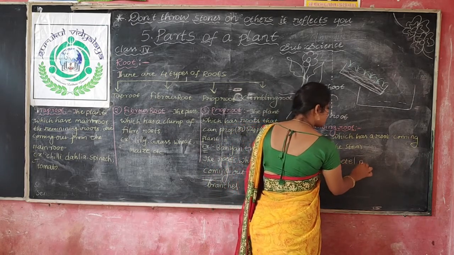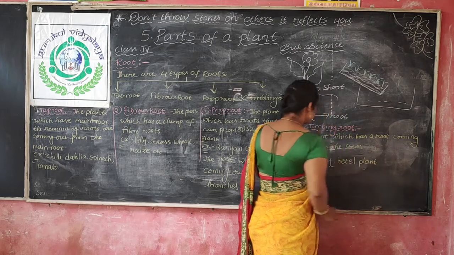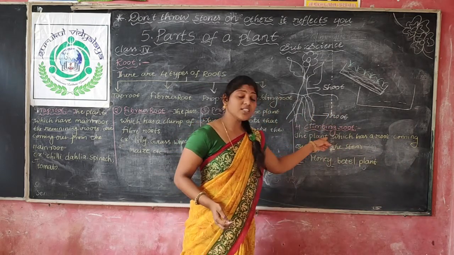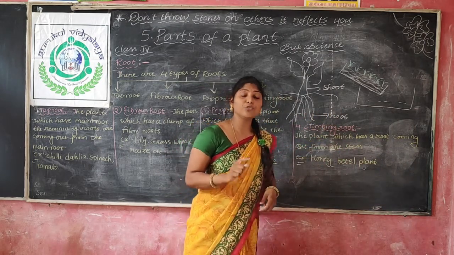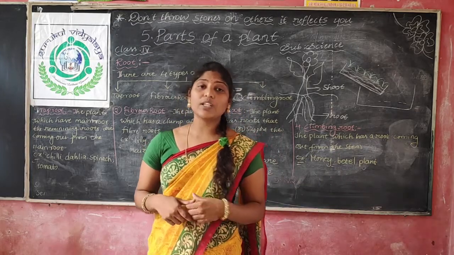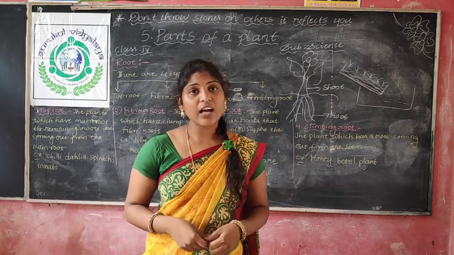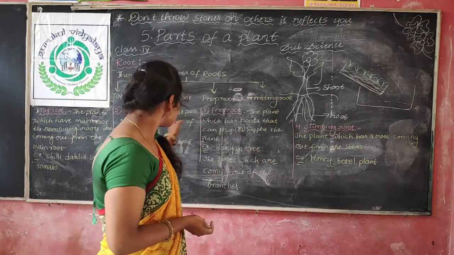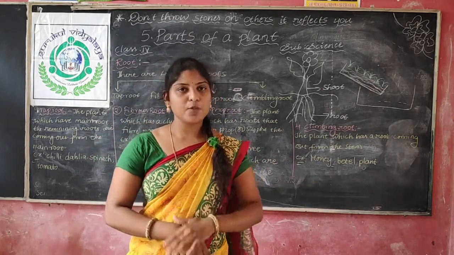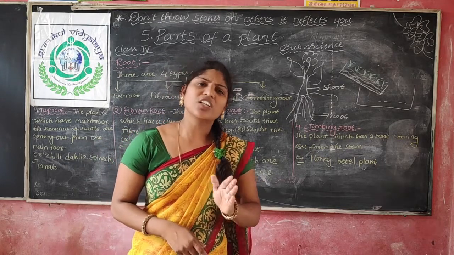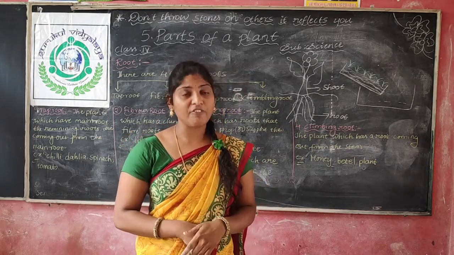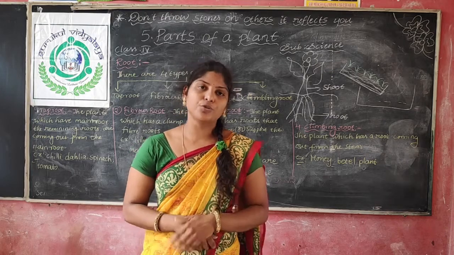Betel plant. And here you can see how this climbing root is helping the money plant to climb over the buildings or else over the mesh. So this climbing root is helping the plant to climb. So these are the four types of roots we are having. Actually, what is the function of roots? Function means what is the job of the roots?